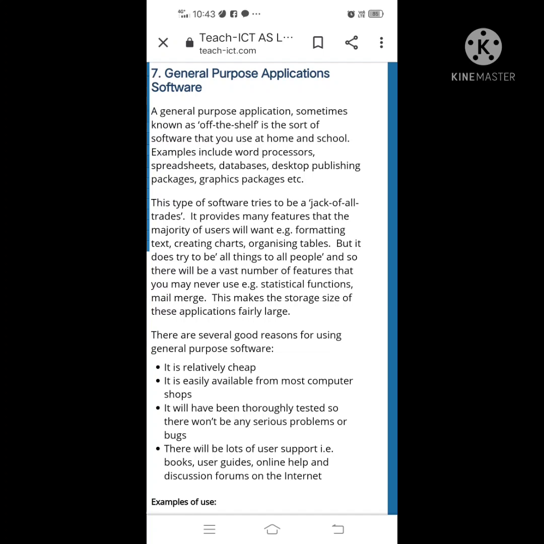It is relatively cheap and easily available from most computer shops. It has been thoroughly tested so that there won't be any serious problems or bugs while using. For end users, there will be lots of user support, like books and user guides, for us to study. This is the main advantage of the software.